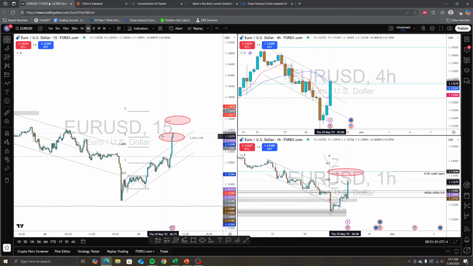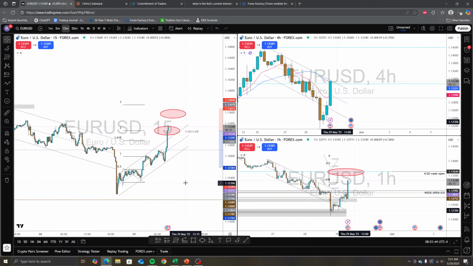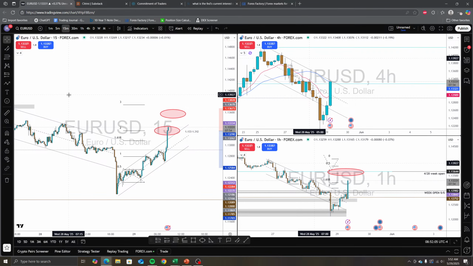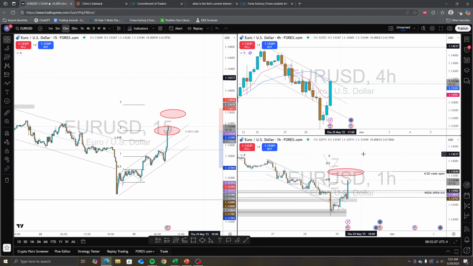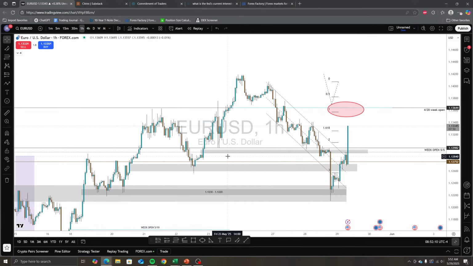Now let's just see how long the news plays out for. Because sometimes, even though the news is bearish on the dollar, it can move higher, but only just a little, not for too long, and it comes back. All right, let's go here. So I said May 1st.